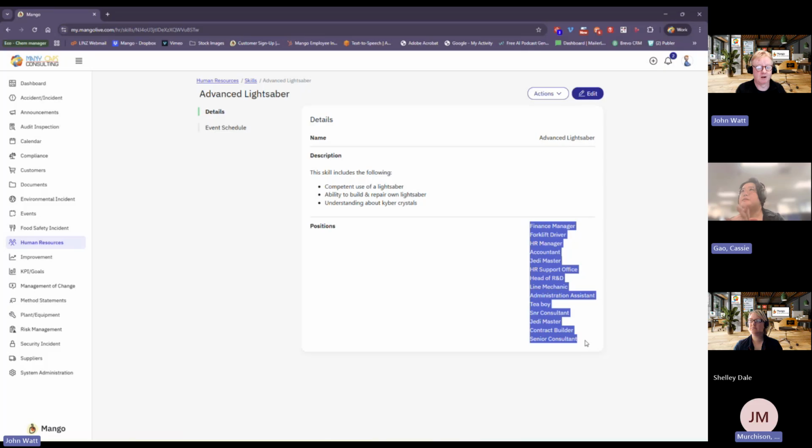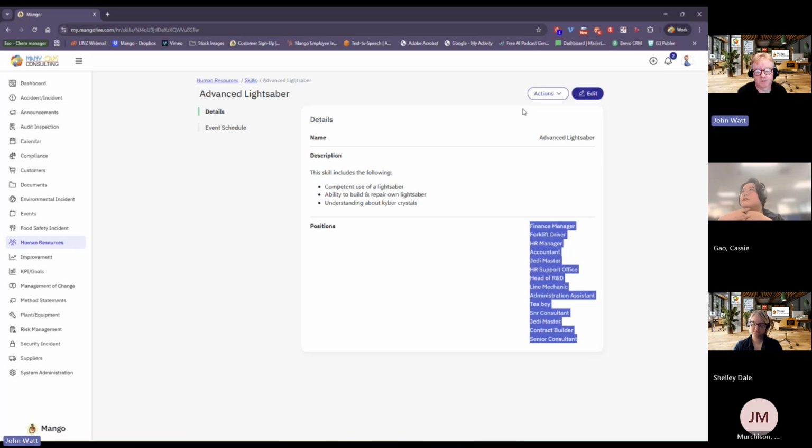Sorry, I'm just going to jump in. If we've, say, an apprentice who joins the business, an engineering apprentice, we can assign all of these skills to that role. So when they join the business, it'll automatically be generated for them. Is that correct? Correct, yes.